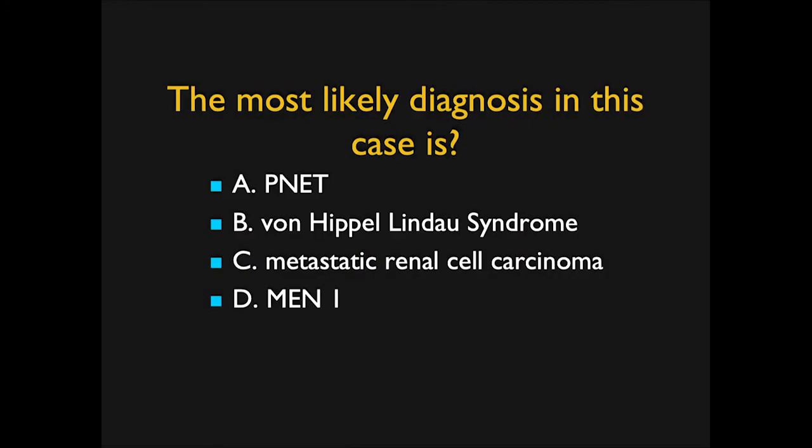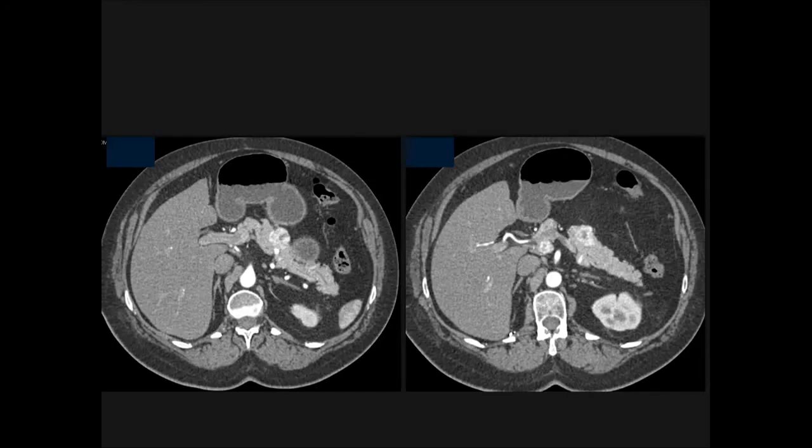Now, in this case, I ask you, what's the best diagnosis? What you see are multiple vascular lesions in the head and body and tail of the pancreas. So what could it be? You could have multiple neuroendocrine tumors, I guess, and you can get that particularly in von Hippel-Lindau, not so much MEN1. But you see the left kidney, which looks okay, but you don't see the right kidney, and there are